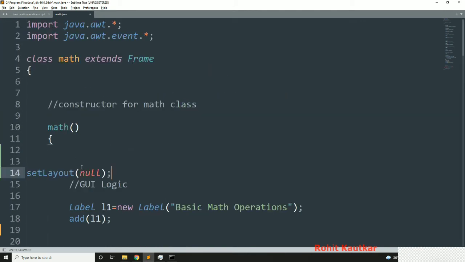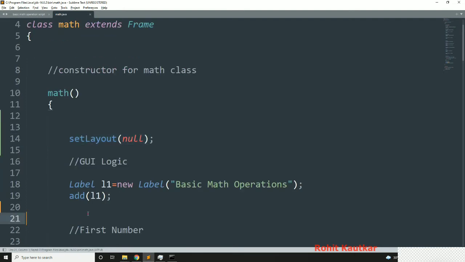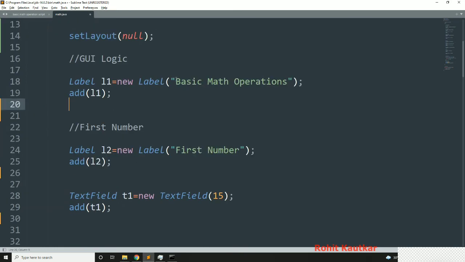So I will place this statement at the top of our program now. So our program will come to know that we are not going to use any kind of layout, and according to that set bound method will work. So let's try to arrange this label first of all at the center of our frame.